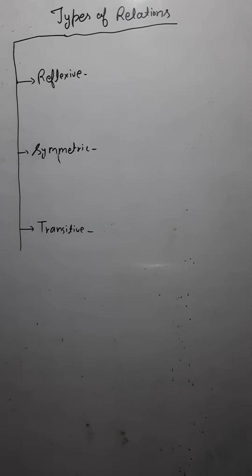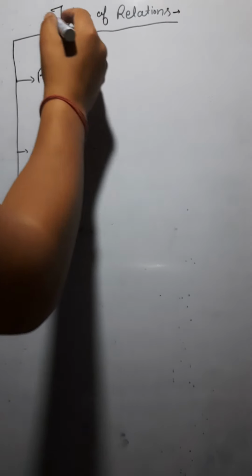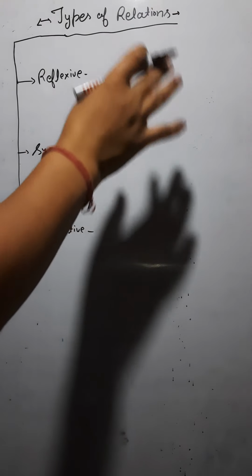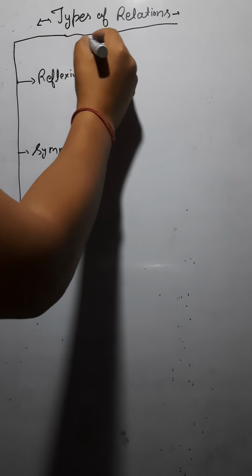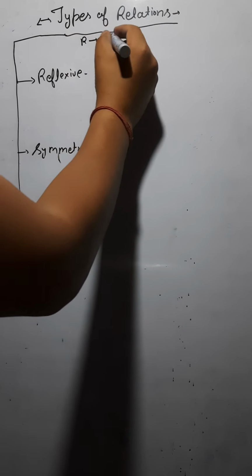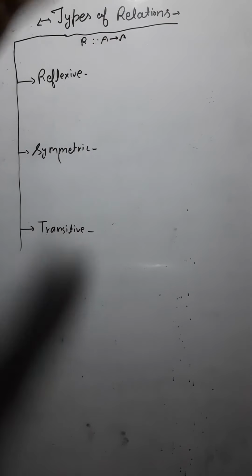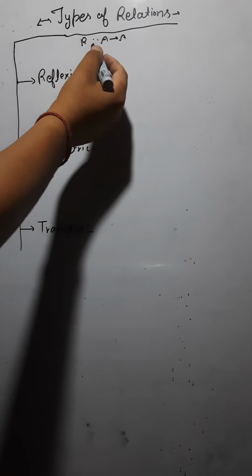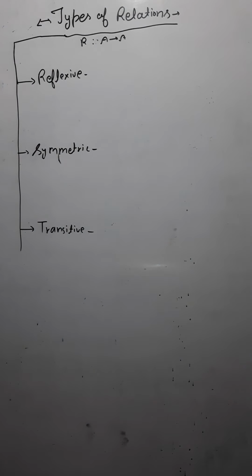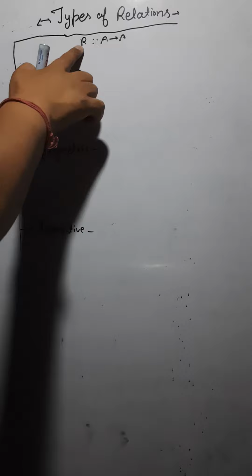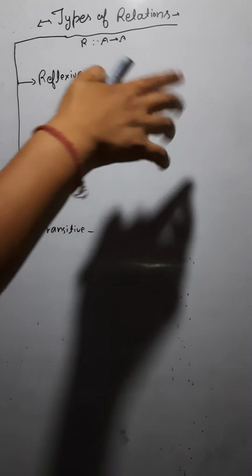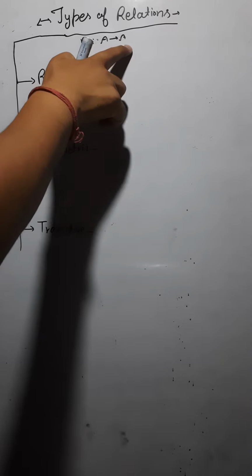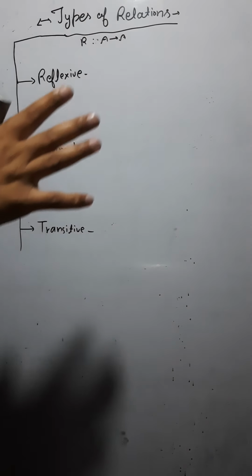Now, one thing let me tell you. In your chapter you would see the relation from A to A. The relations would be on the same set. It would not be like a relation from A to B, meaning you would not be getting two sets. The set will be the same, so here you would have the relation A to A. Are you getting this? Both the sets are the same. Very good.